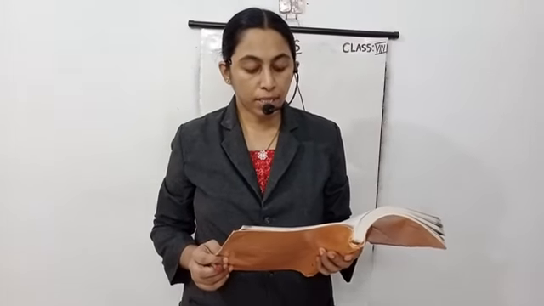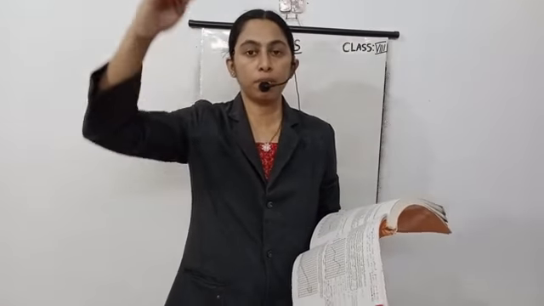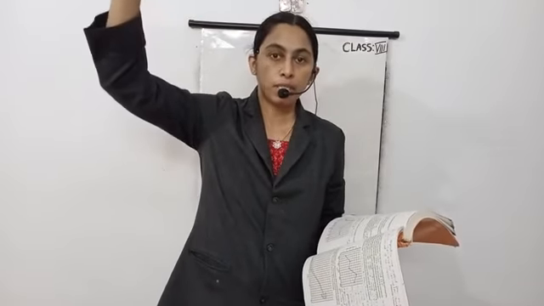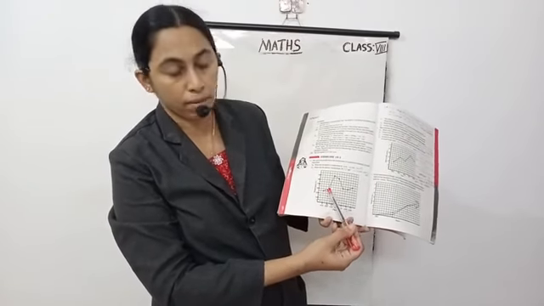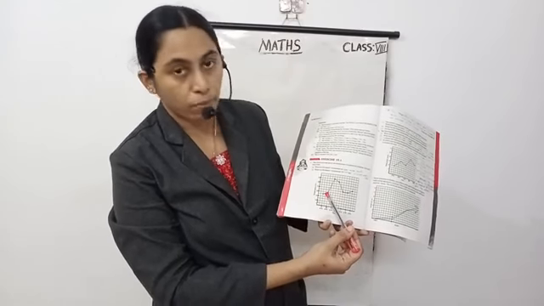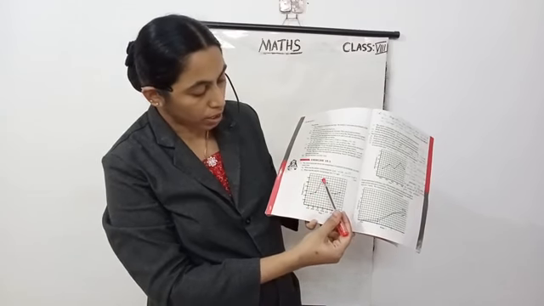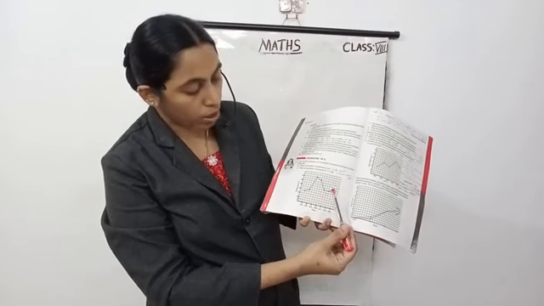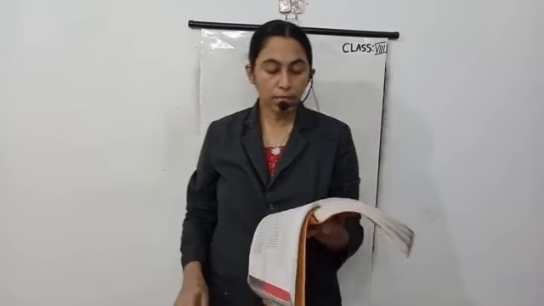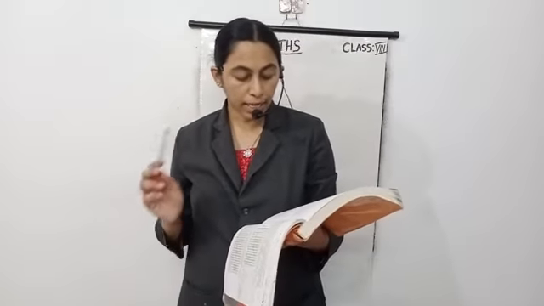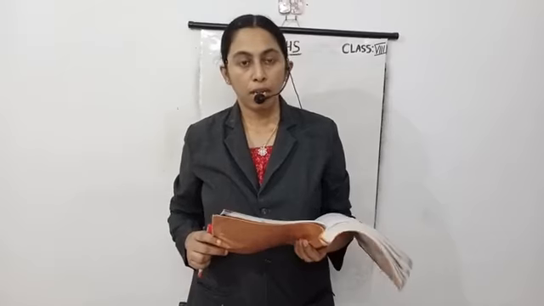Question E. During which periods did the patient's temperature show an upward trend? Upward trend means it goes upward like this. So from 9 a.m. to 10 a.m. it shows an upward direction. Then 10 a.m. to 11 a.m. is also upward. Then 2 p.m. to 3 p.m. also shows an upward direction. So the answer is 9 a.m. to 10 a.m., then 10 a.m. to 11 a.m., then 2 p.m. to 3 p.m.